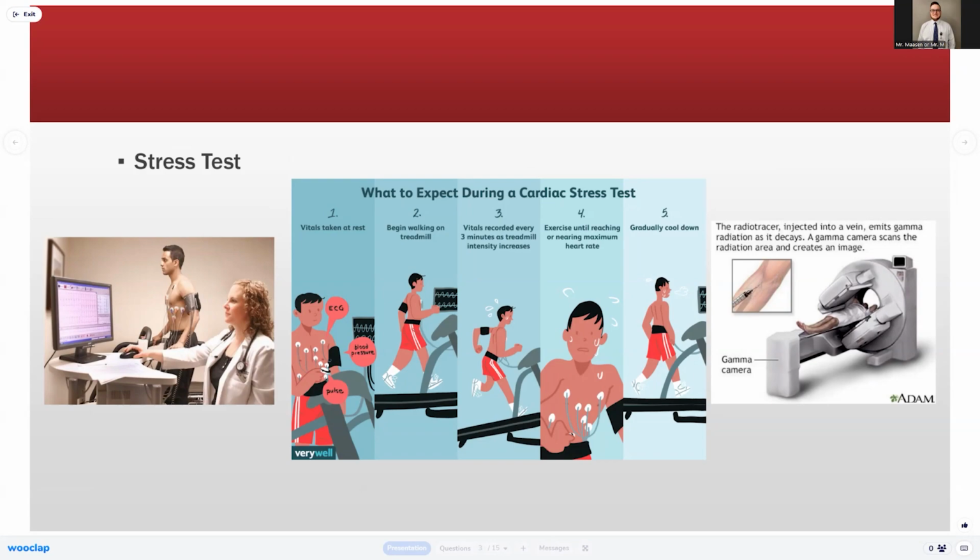The goal is to get the heart rate to what they call the predictive maximum for the age with no signs of angina or chest pain. And it can be done chemically for patients that can't walk or can't exercise to that ability, but they try to avoid that if they can for stress testing. So,